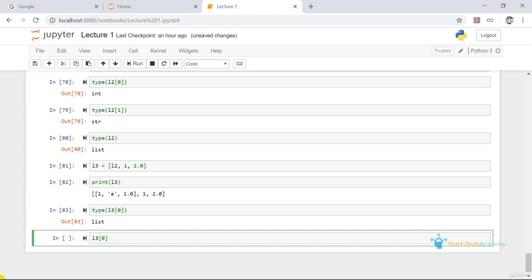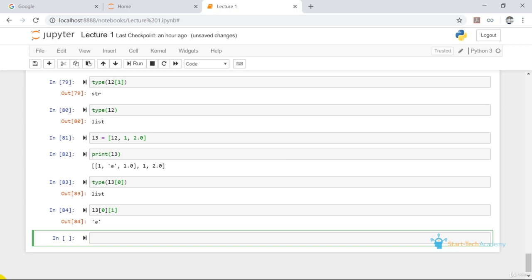Right now I am accessing my first element, which is a list. Now if I want the second element of this list, I will write in square bracket 1. If I run this command, it will give us the character A. These types of lists are called nested lists because we have lists inside a list.